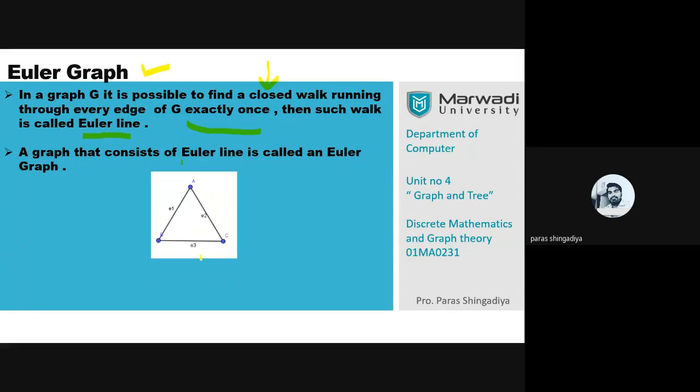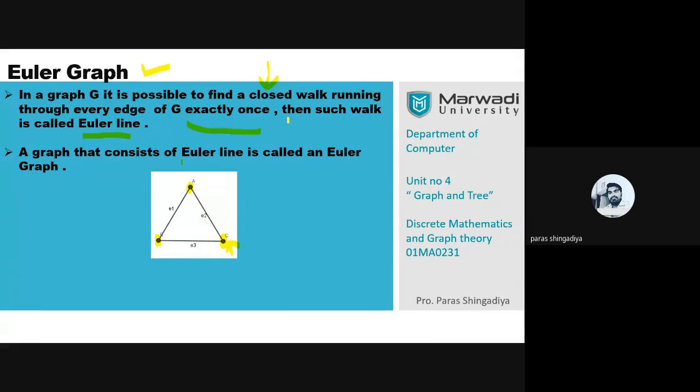So here is a simple one. That is a graph with 3 vertices, a simple graph, which is an Euler graph. We need to think about a closed walk. So start your journey with any vertex. Let us take my starting point as C. I start my journey with the place C, and I need to consider one closed walk. It means I start my journey with C and again reach C.